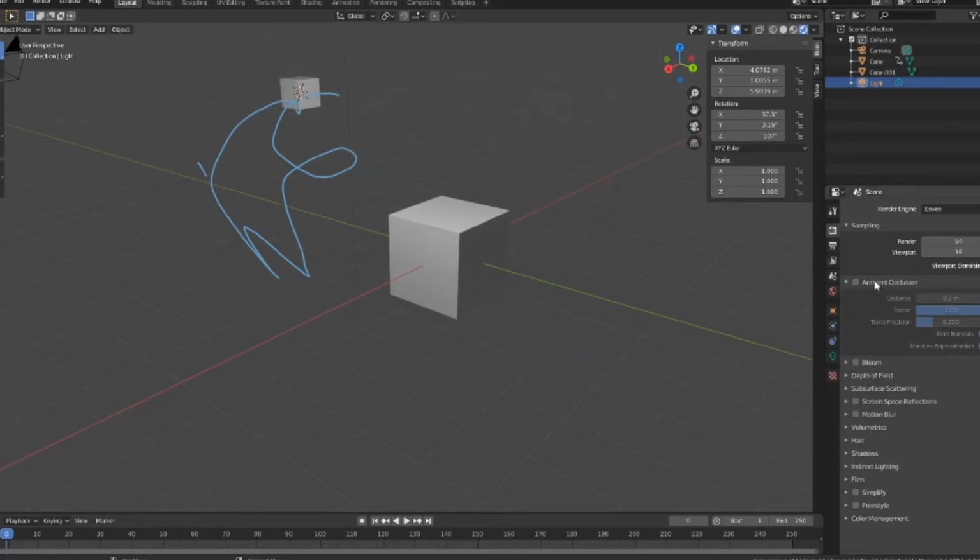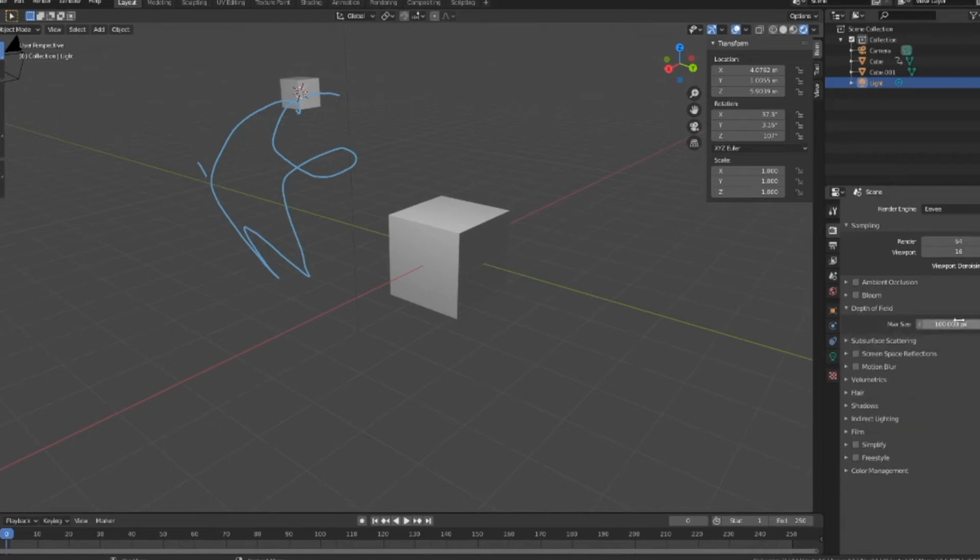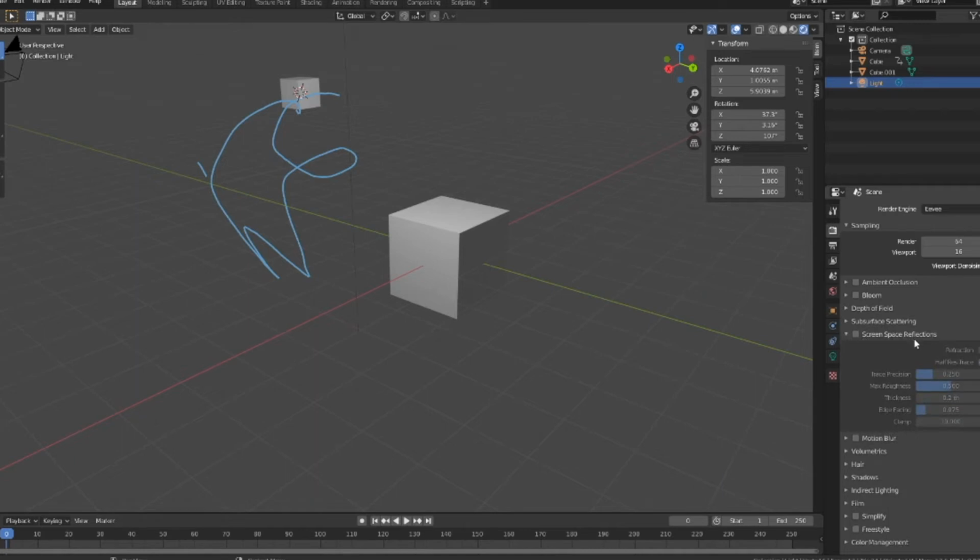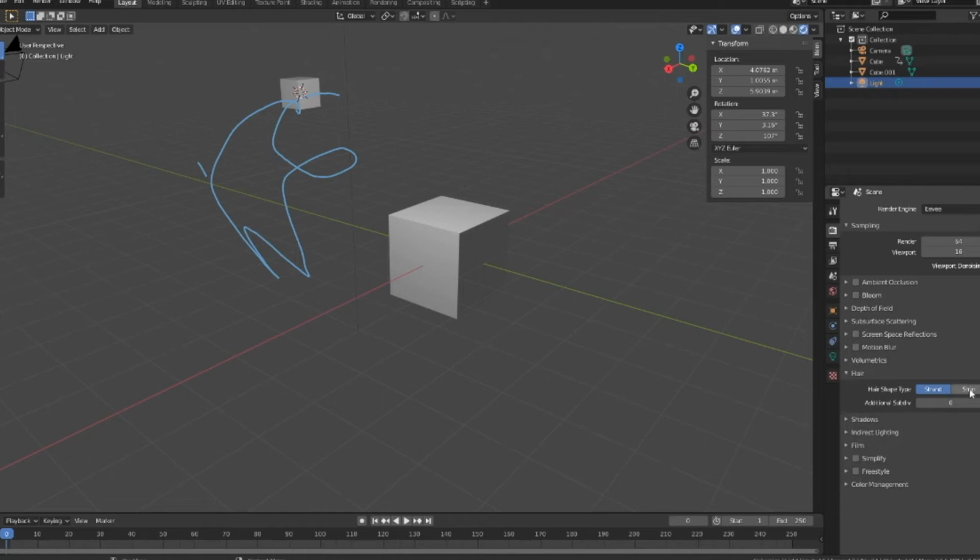You've got things like ambient occlusion, bloom for lights, you can change your depth of field, subsurface scattering, I think that's like how light scatters around and off objects. This, I have no idea. Some of these things I won't know what they do, so I'll have to do a bit of research as well. But you've got your motion blur, you've got hair,